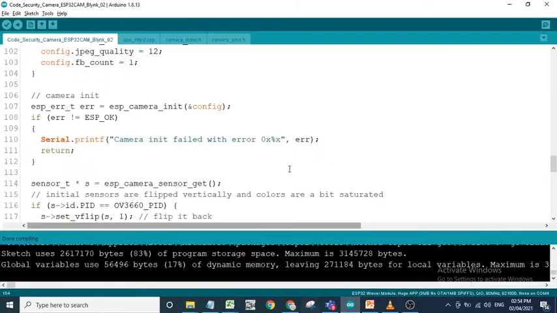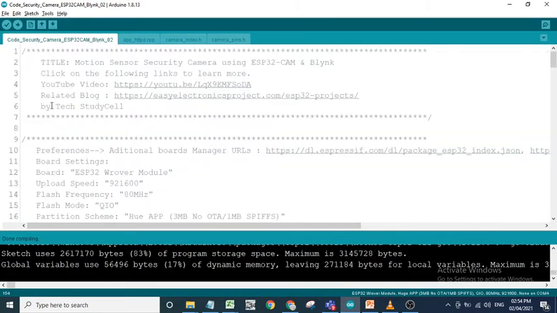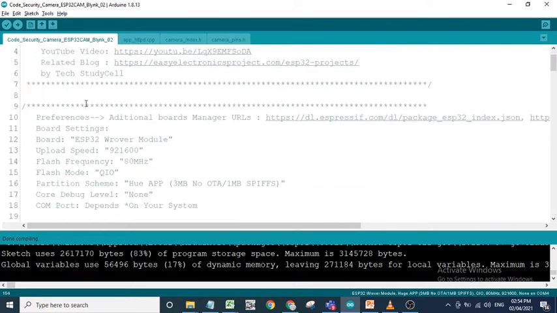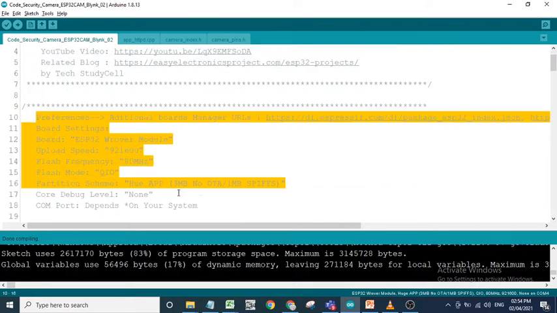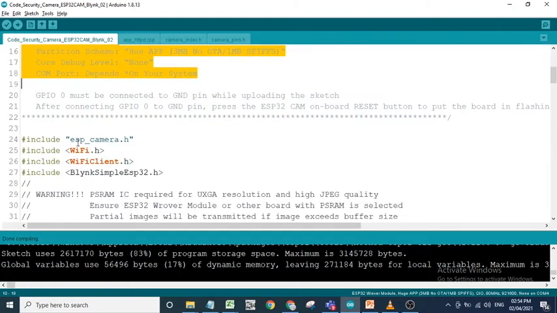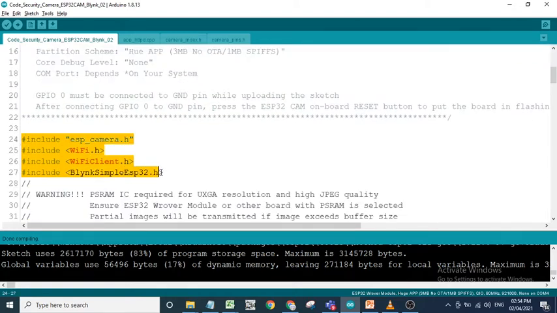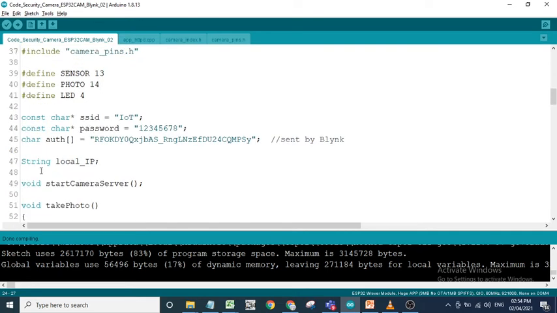We'll see the demonstration. So this is my program. I had taken this program ready-made from the internet. I just changed my Wi-Fi name and password. All settings are given here. So these are library files. Here I had changed, you can change the pin as per your requirement. The content changed is only this.